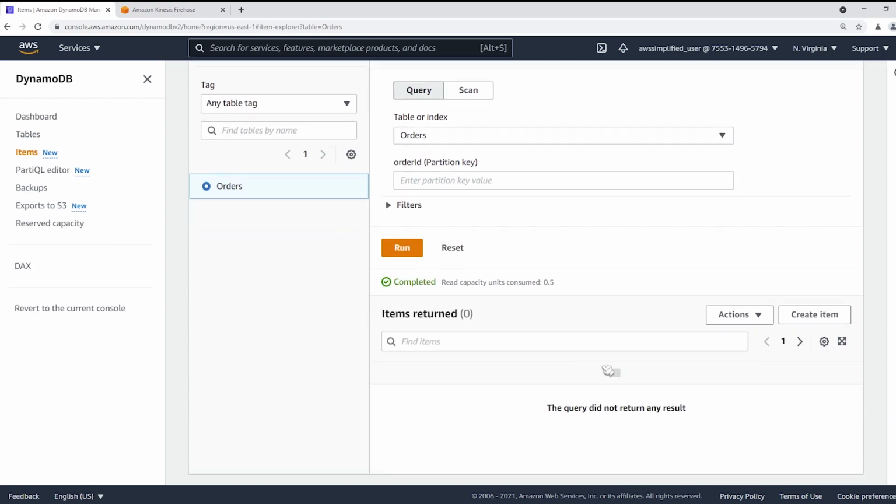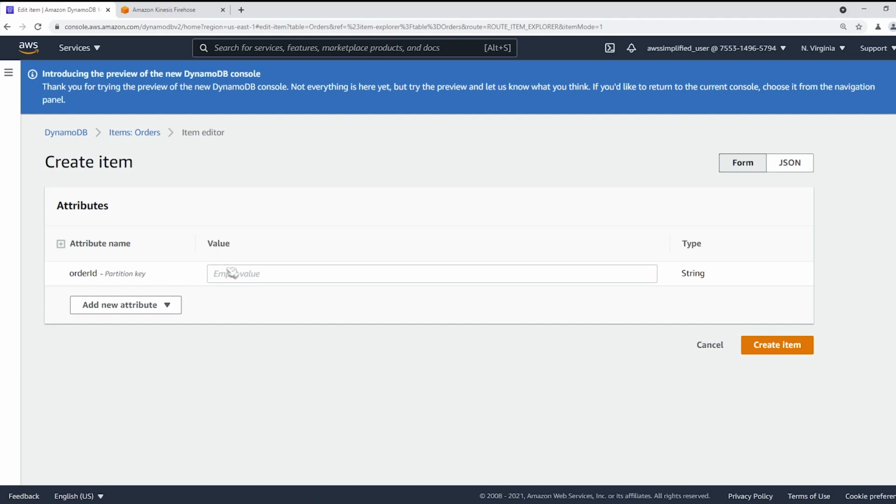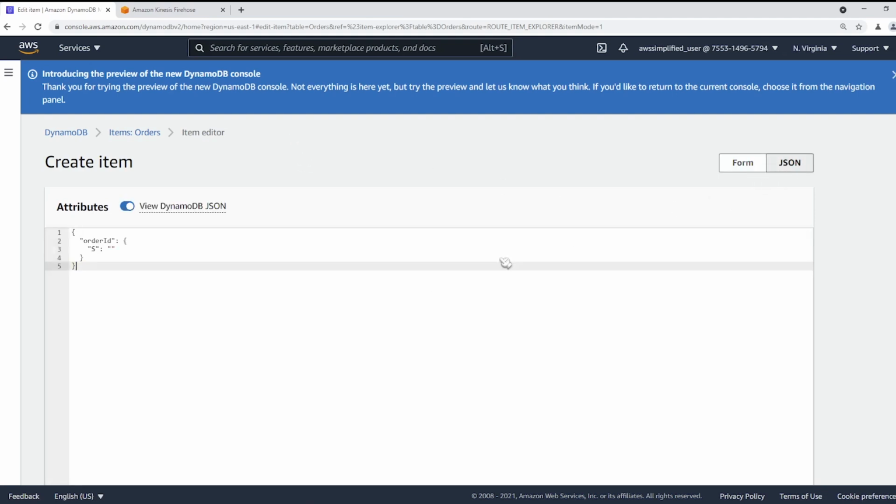Wow, this looks completely different than what it used to be. Right, so create item. For our order ID, what do we want it to be? You know what? I'm going to do this as JSON since our code does expect certain types here. For example, this means string, but I need some other ones to be like N for number. So for order ID, let's just say this is order ID number 5. String is fine here for us.